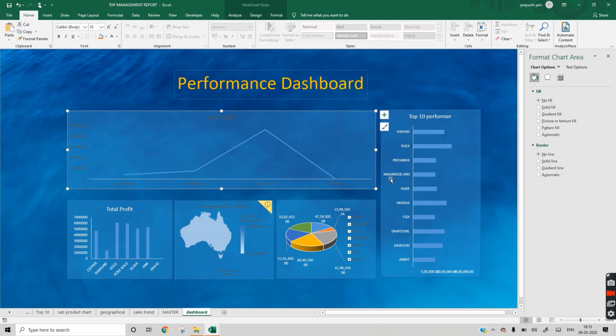Basic editing: now you can change the color from here. You can do formatting as you like. It is all customized.